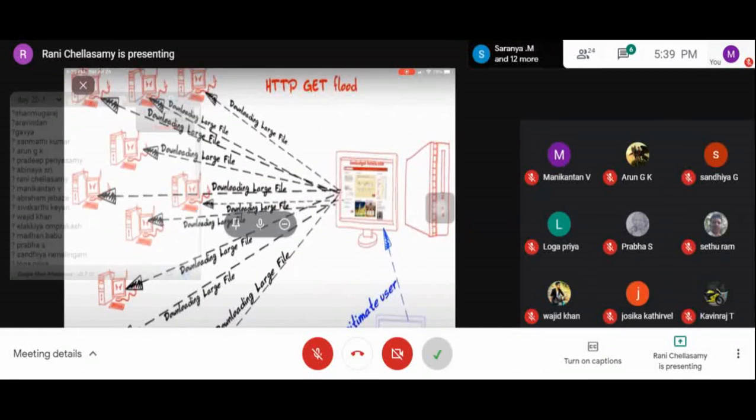The GET requests are flooded to the web server, so the web server could not respond. The traffic is overloaded at the web server. So if a legitimate user, and what is legitimate? The true user, the users of web browsers, if they are sending a request, the web server could not respond to the legitimate user, because the attacker keeps sending HTTP request messages to the web server.